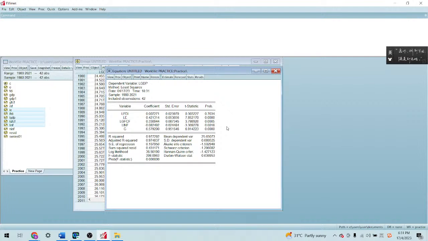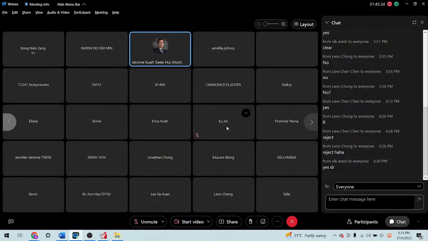I want you to treat FDI as your dependent variable, followed by GDP, and put it in the checkbox.